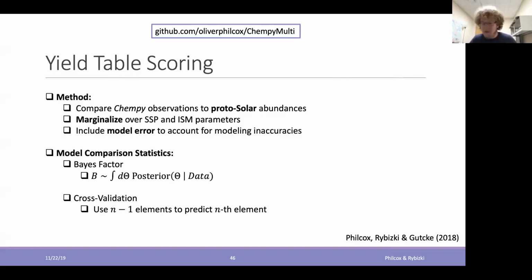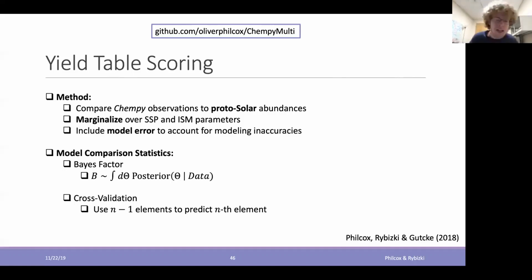So what it's doing is it's saying, I can predict you the chemical abundances of the first 8 most abundant elements at the time of the stellar birth. Now, really what we do in this method is that we only use n-1 of these elements, and then we perform parameter inference to obtain the best parameters, and then we use those best parameters to predict the other element that we haven't been including. And effectively, then we can compare this to the actual data to get an alternative likelihood.